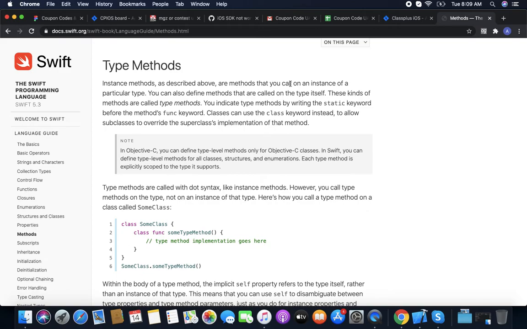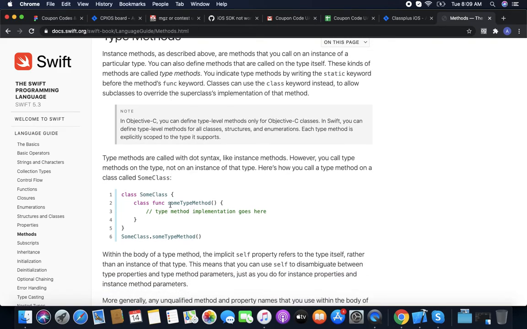Instance methods are like local variables; they can only be accessed with the instance itself. Type methods are like global properties. They can be accessed anywhere just with the name of that class.